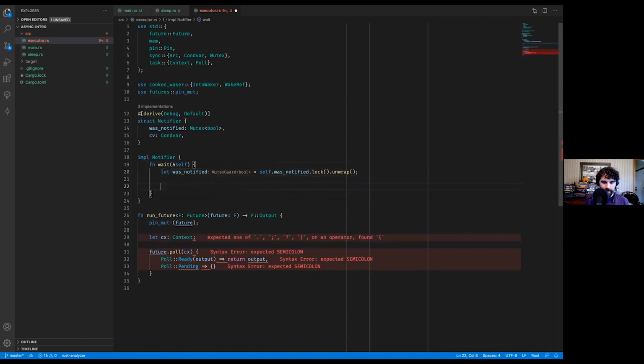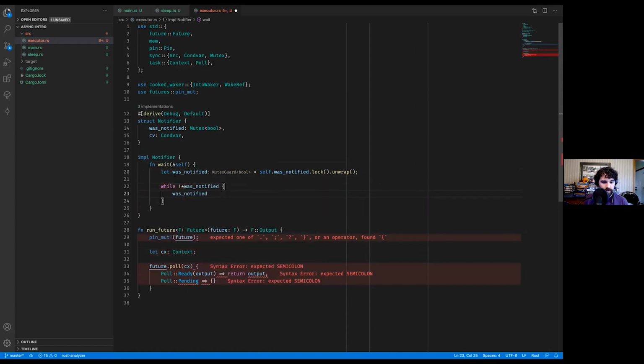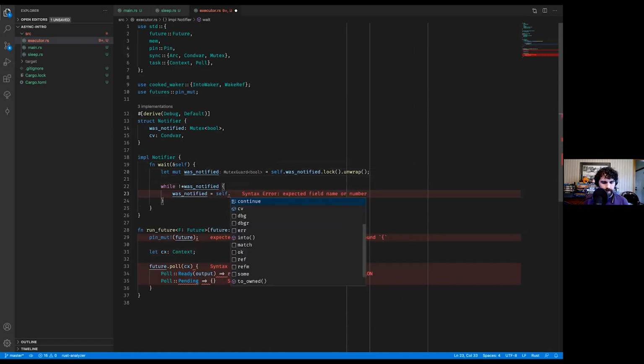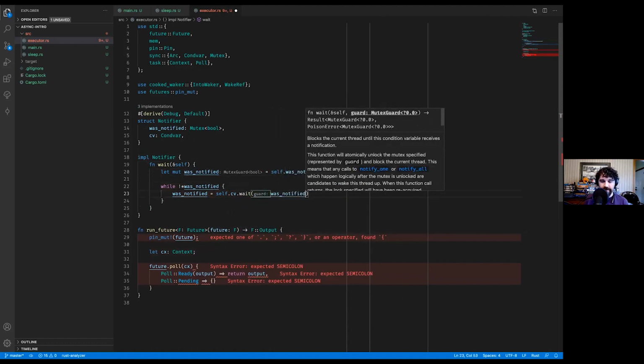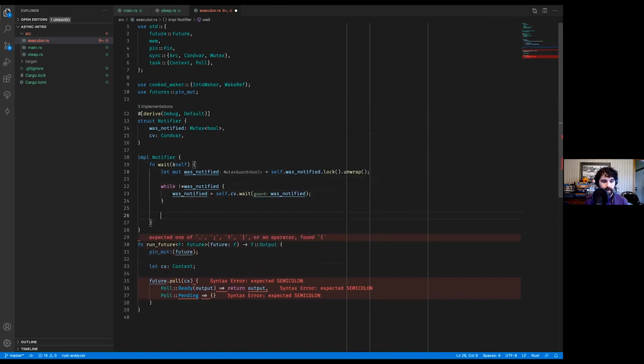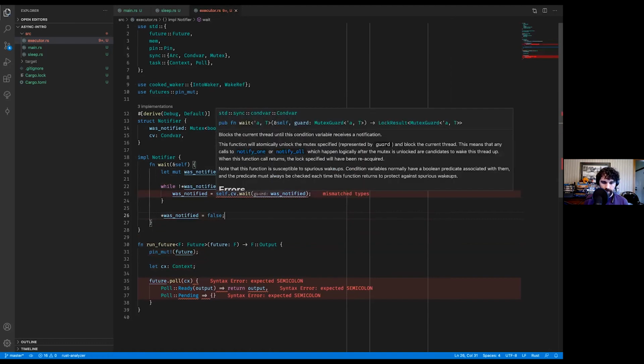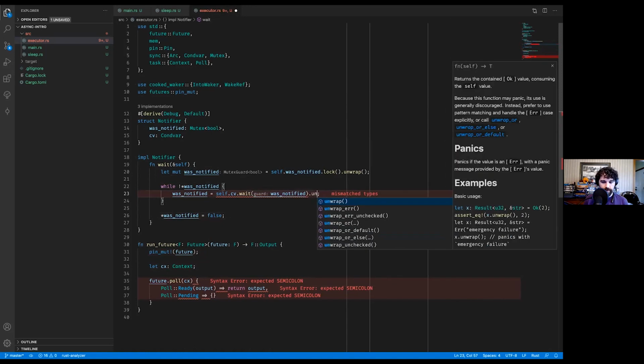And then we are just going to wait for that to be set to true, right? So while that's false, we will have to make this mutable. We will wait on our condition variable for a signal. The condition variable takes the mutex and unlocks it so that it can make progress, and then it'll relock it when we're done. Then we'll set it back to false, just so that we can reuse it in the future, so that other futures can notify us again. Great. I think we need an unwrap here. That's what I'm missing.